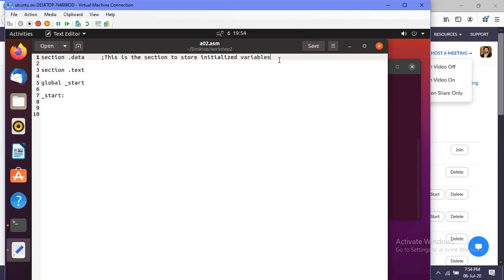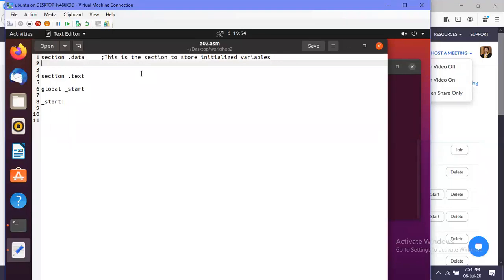That means you define X as an integer and initialize it to 5. If you have defined a variable and initialized it to some value, those initialized variables must be included in this data section. So the set of characters or the strings that we want to display on the screen or in the Linux console, we should store in the data section, because we are initializing it to some particular value.